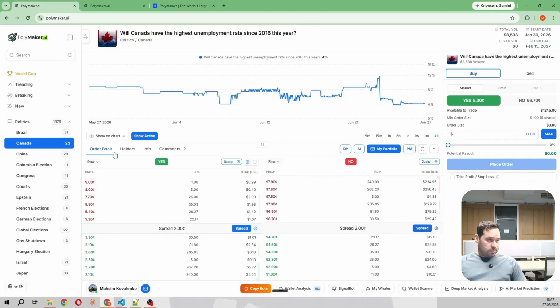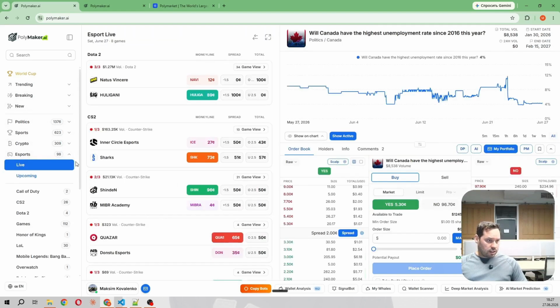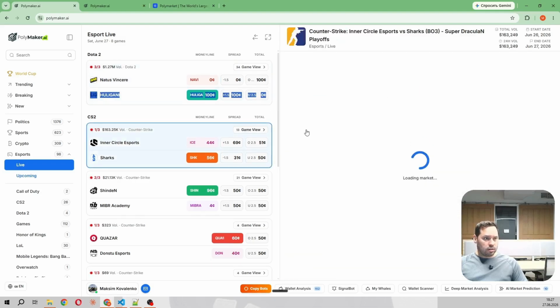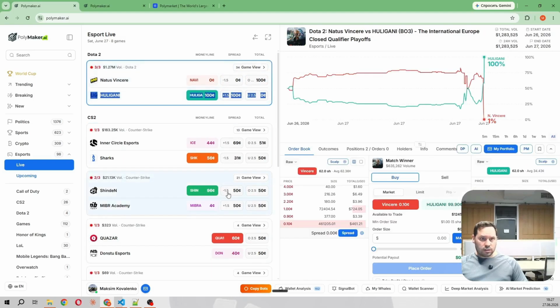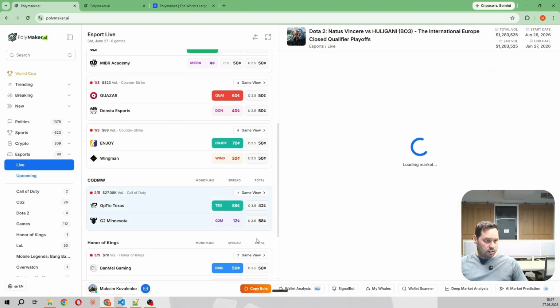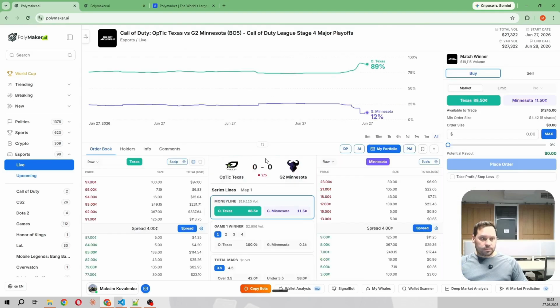Next, let me go ahead and open up something where the price ladder is significantly more active. Let's pick something really lively. Let's open up a fast-moving sports market right now to see it in action. A topic with more volume. Oh, this one has already ended. Well, let's say, for example,